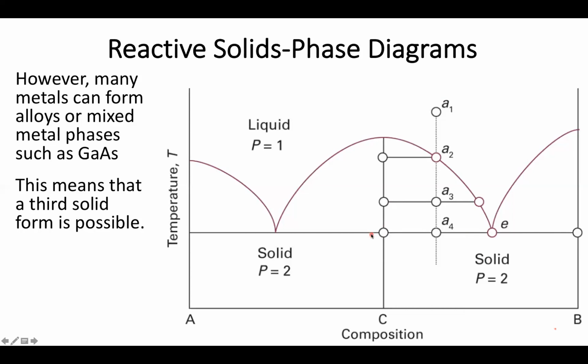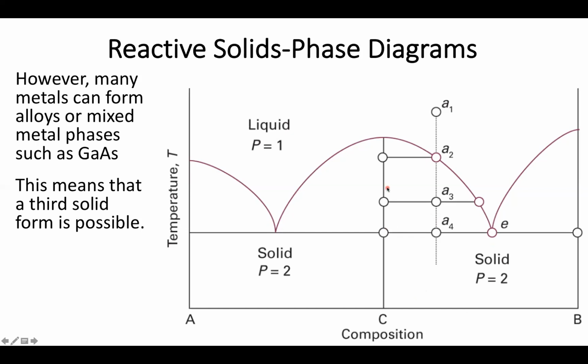Now, again, when trying to get an idea of how much of B and C would be generated, we can go back to our good old friend, the lever rule, which still works. As long as you know the lengths of the lines in between the two phases to the right and left of your isopleth, you're able to correctly determine the amount of each of these complexes that are going to form. However, there's also some other interesting implications of when you have something like an alloy C in this case,